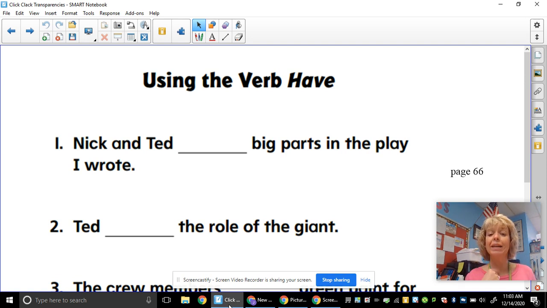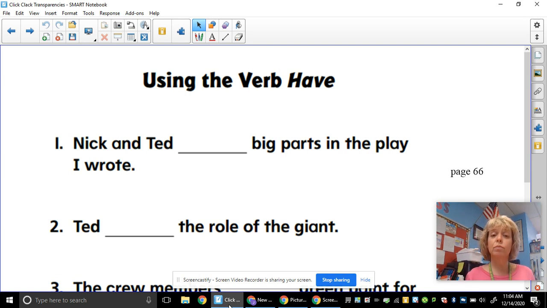When you have I have something, you don't say I has a new baseball unless you're 2 years old. You say I have. So it depends on how many people, whether you say has or have. If it's one person, you say Ted has, Madison has, Ian has, Zoe has. If you have more than one person, like Ian and Madison have chairs, or if you use I have a new pen. So it depends on how many people, which one you choose.